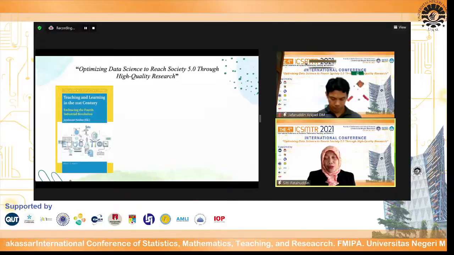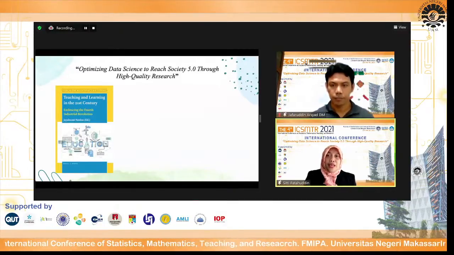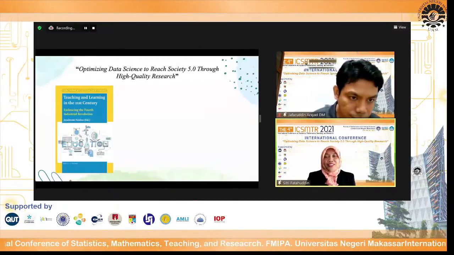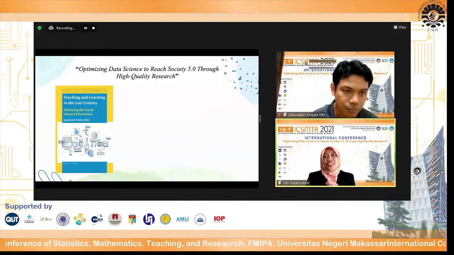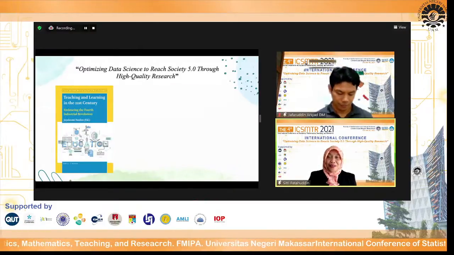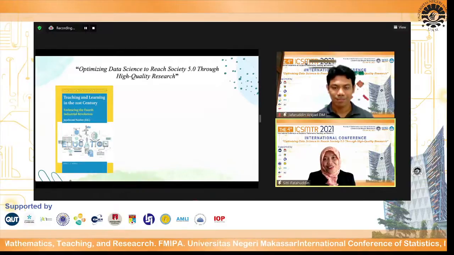My colleague, Dr. Ajay Rangpur, and myself just have a chapter book published this year with the title, The Fourth Industrial Revolution, Implication for School Mathematics. So Makassar State University is very ahead. They already talk about Industry